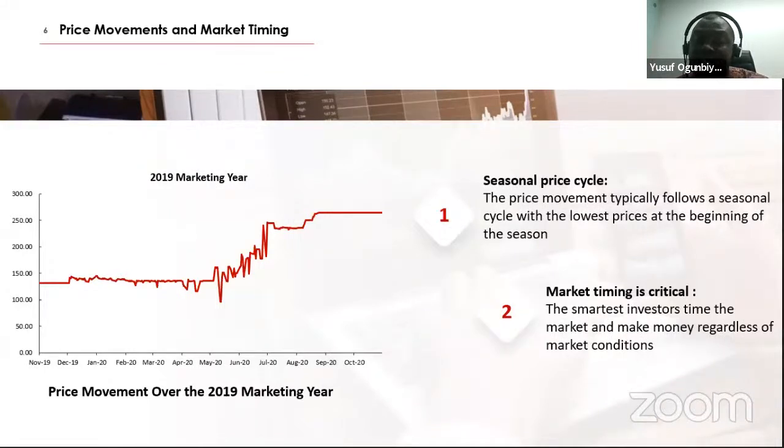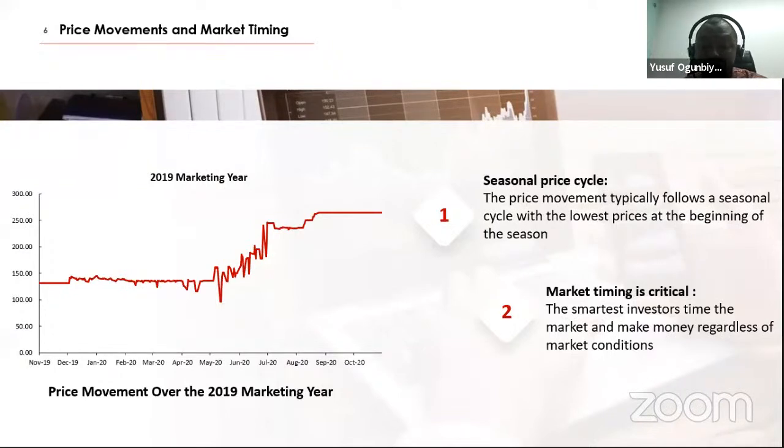The second thing about how to enter the market brings about the importance of market timing. You have the idea that number one, there's a cropping cycle. Number two, there's a seasonal price movement. That gives you an idea that if I want to time the market, I should time it towards harvest, when the prices are lowest, and then I buy the commodities and watch the commodity prices rally over the course of the year.